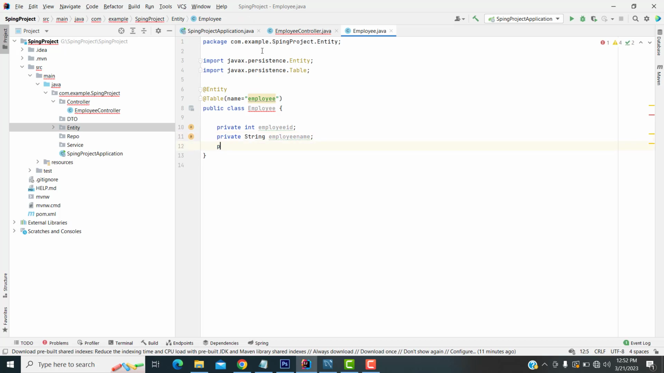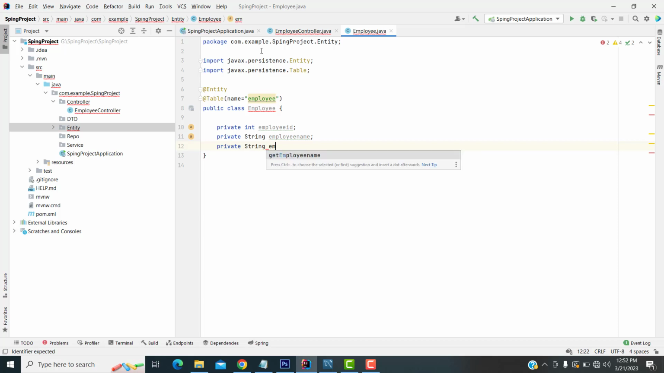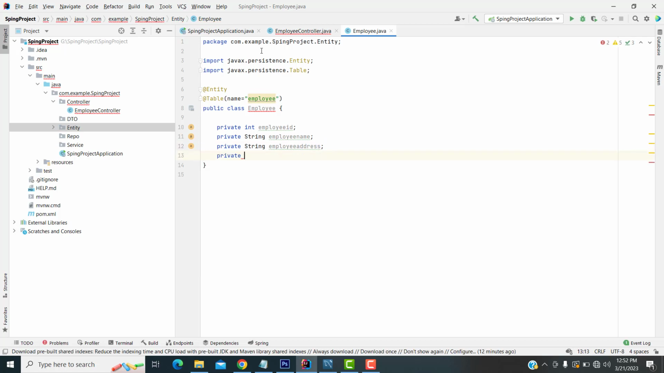After that, private string employee address. After the private string, this one should be the int mobile. You have defined the variables. Now what you are going to do is, after defining everything, you have defined the entities. We have a